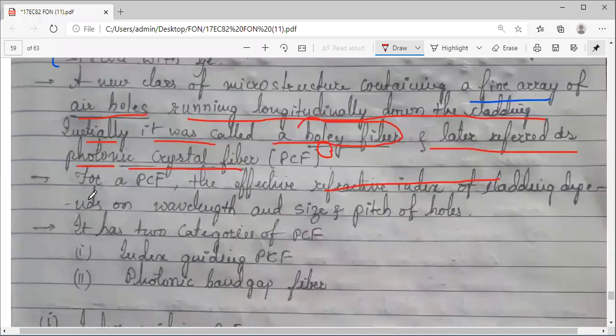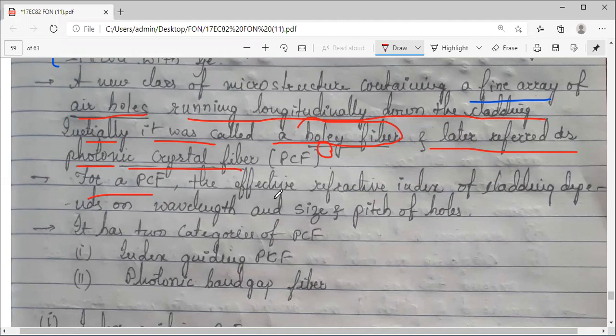For a PCF, photonic crystal fiber, the effective refractive index, we have already studied what the effective refractive index is. As we have two different refractive indices, core and cladding, the effective refractive index which light will observe will be in between them, which we have seen in the earlier session.